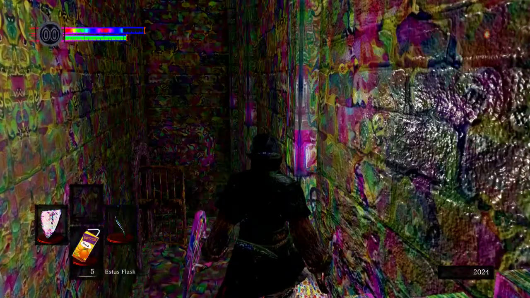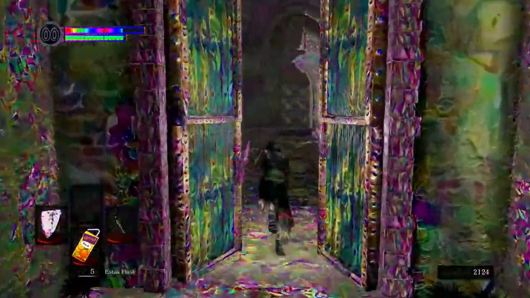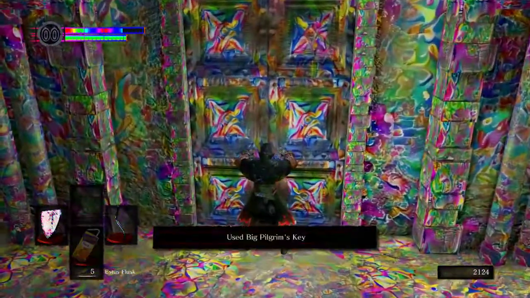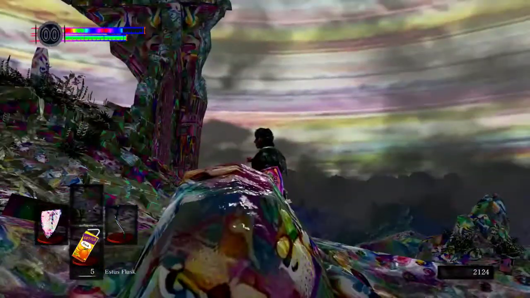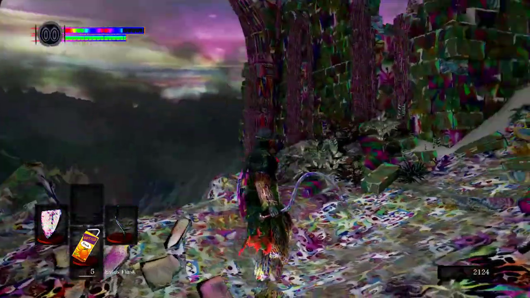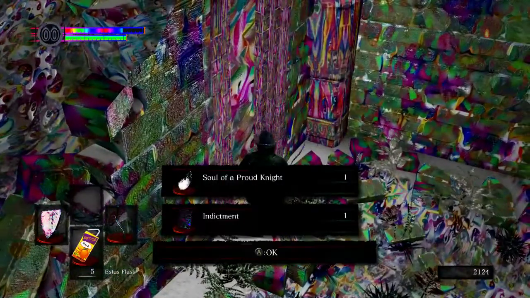Let's take the firebombs off my hotbar. I was doing a bit of testing yesterday, and playing Sekiro messed up my interface instinct, so I kept pressing X to do things when I meant to press A, and using firebombs and Estus when I didn't intend to. It's probably going to keep happening. Also, the skybox has a different texture. Let's just check out the asylum here. So, what do we got? Oh, good, an indictment. That's good. I mean, Soul of a Proud Knight is actually good, but